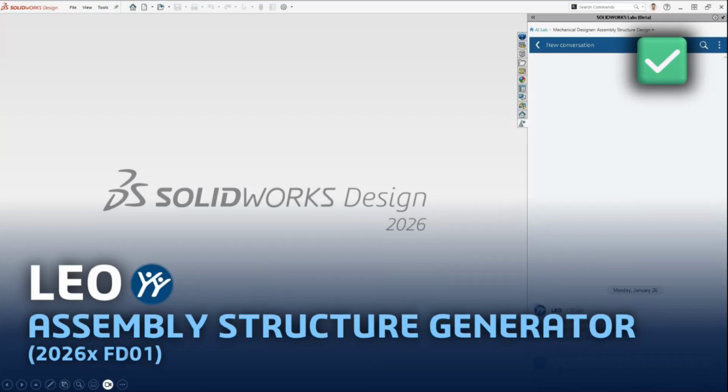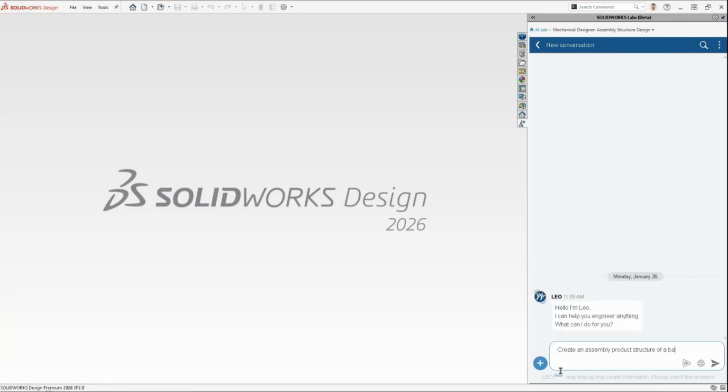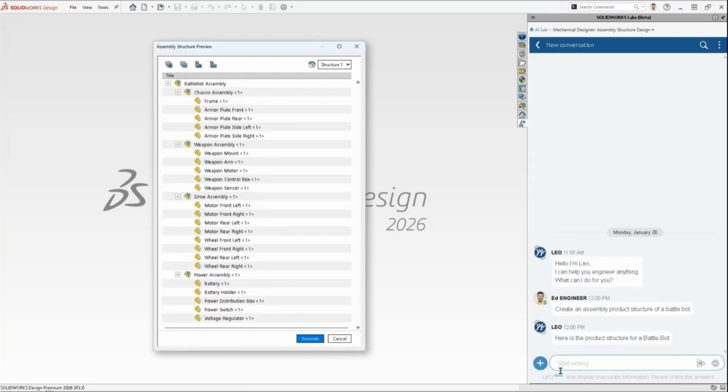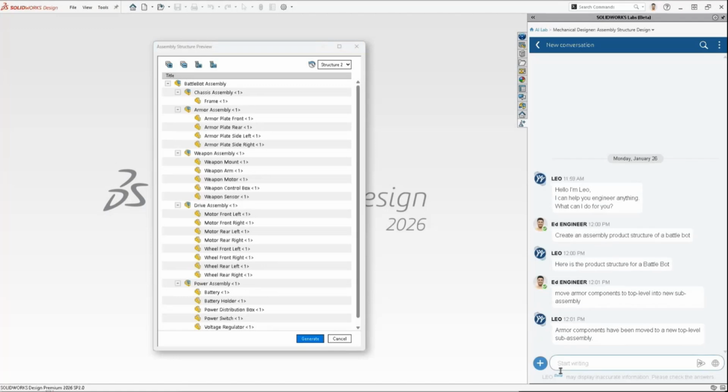Also, for those working with assemblies, in the past we had something in SolidWorks called Treehouse, where you would define the structure and then begin the process of modeling. This is a bit of a non-traditional way for some SolidWorks users to work, but it has some use cases. So Leo can generate this assembly structure from a simple prompt, giving you a solid starting point.